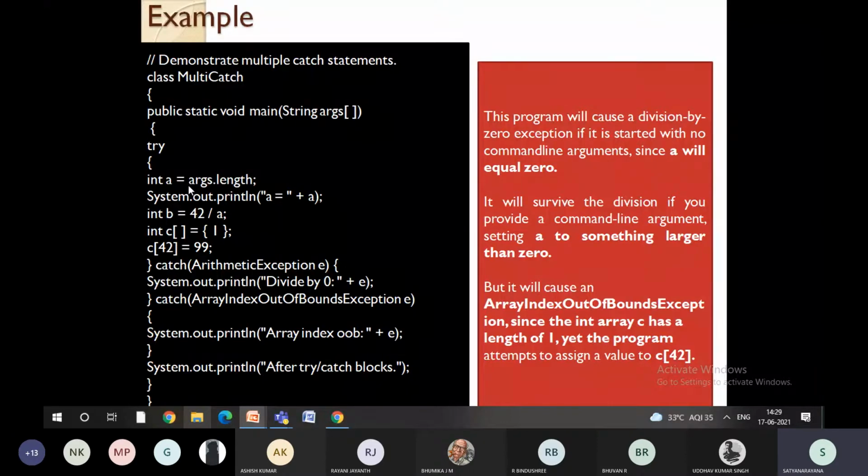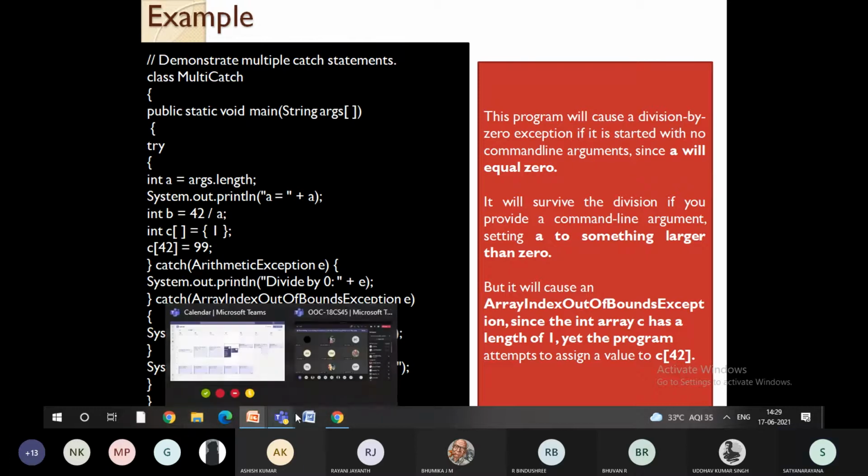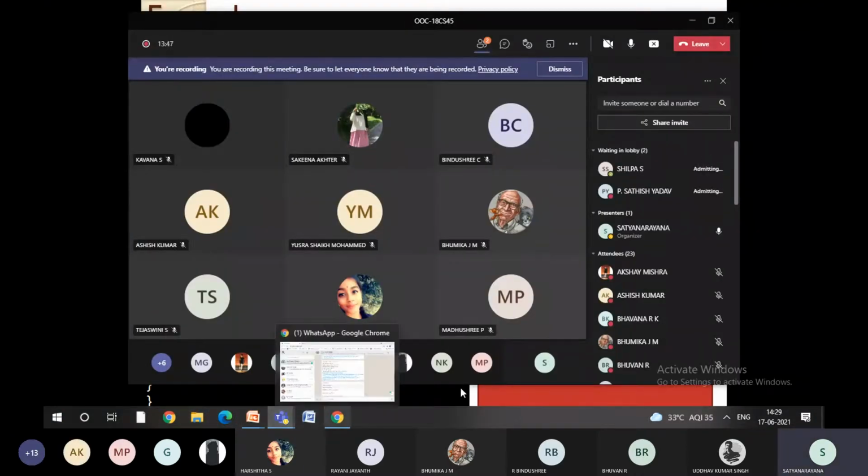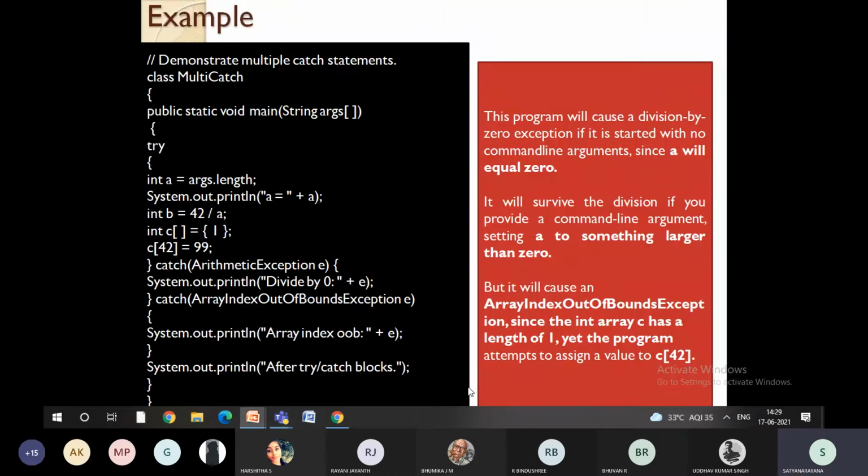Why is it 0? We are not writing any corresponding arguments here. So when a value is 0, you will get a divide by 0 exception.